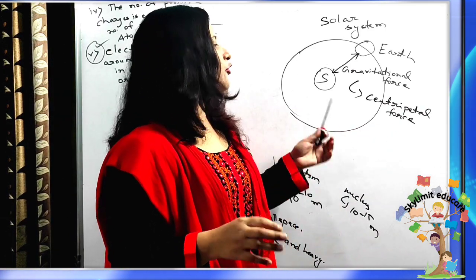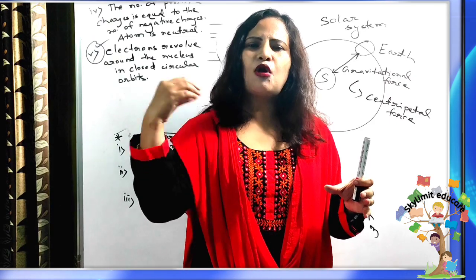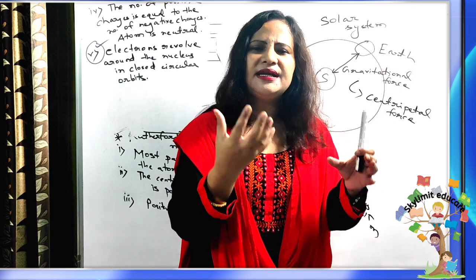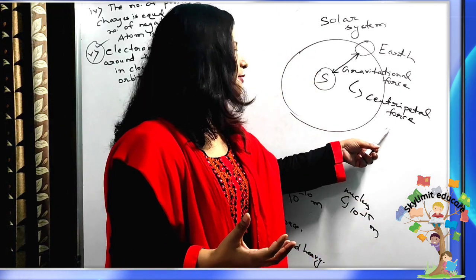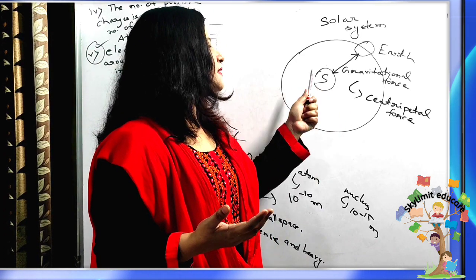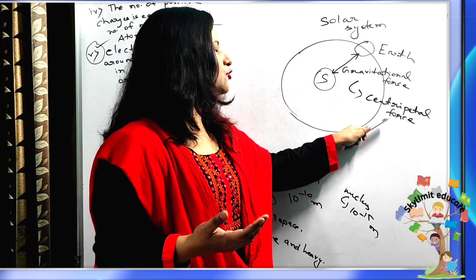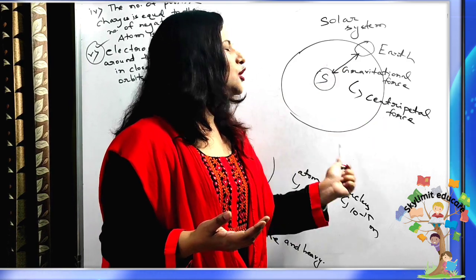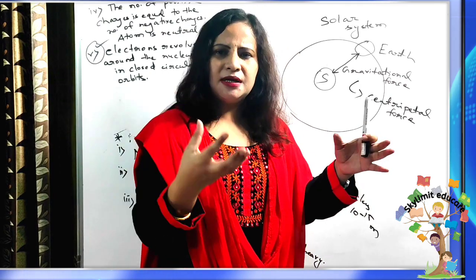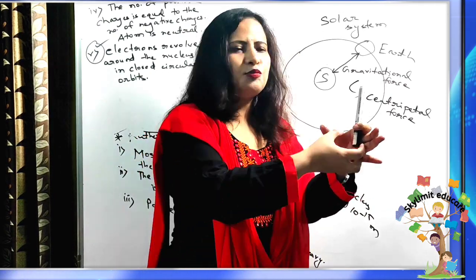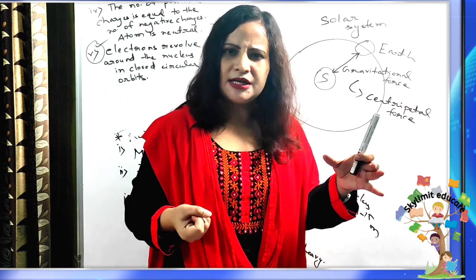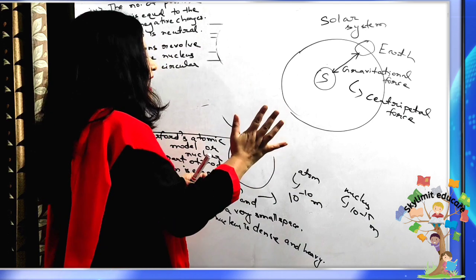But I just want to tell you that for a body to revolve around another body, to undergo a circular motion, it needs a kind of force, and that force is called what? Centripetal force. So here, basically, the gravitational force between the sun and the Earth is converted to the centripetal force. This centripetal force is used by the Earth to go around the what? Sun, to revolve around the sun. Otherwise, the sun's gravity is enough to pull the Earth towards itself. Yes or no? But this doesn't happen. We know that this doesn't happen. Yes or no? So Rutherford already had the idea